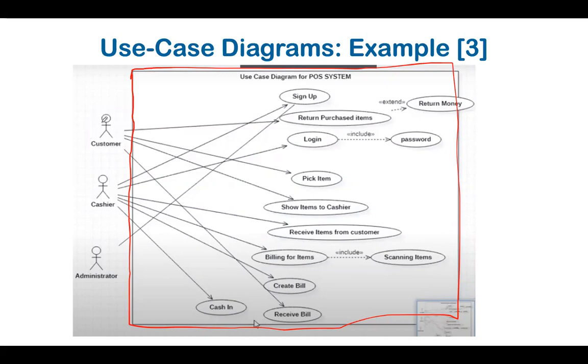Now, look here. When we have a customer, the relationship the customer has with the system is